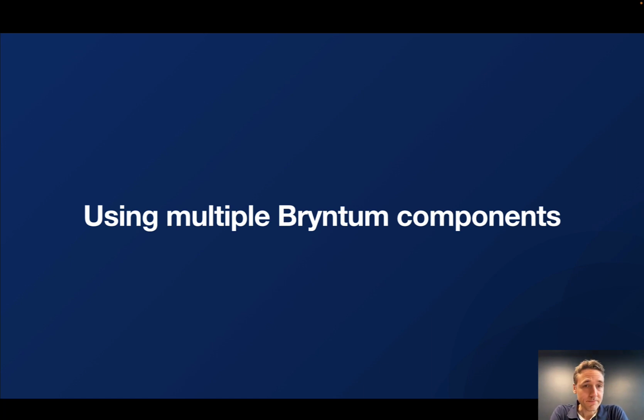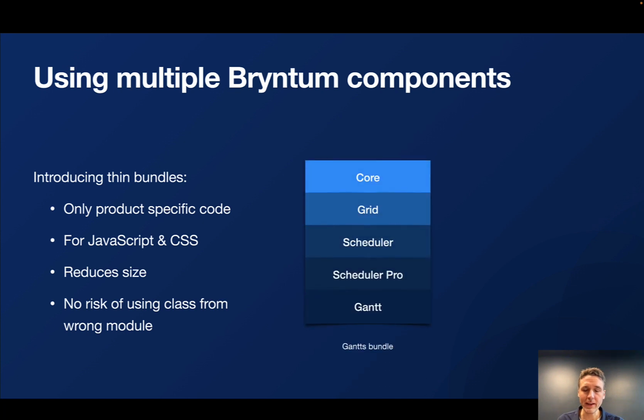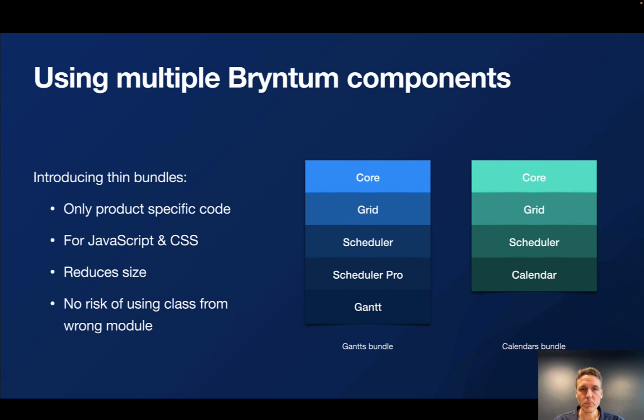Thank you, Mats. So I will be showing you how to combine multiple Bryntum components. But first, some background. Currently, when you combine multiple Bryntum products on the same page, if you're using one of our bundles, you will be downloading the same code multiple times. For example, if you combine Gantt with calendar, then both products are built on the same foundation, and that code is in both bundles and thus